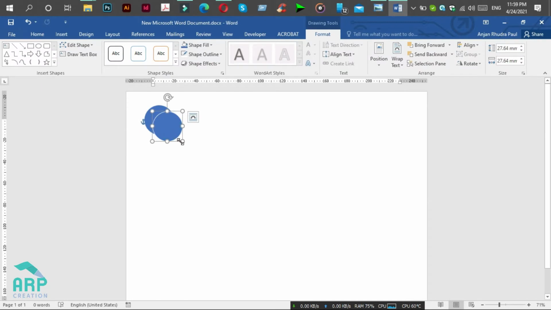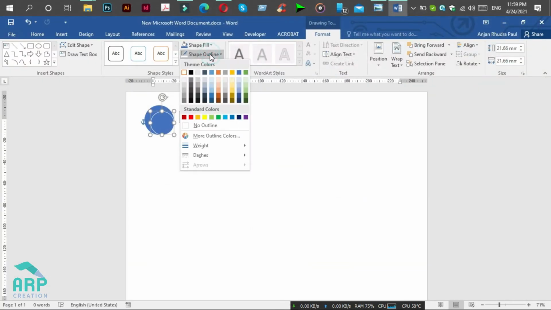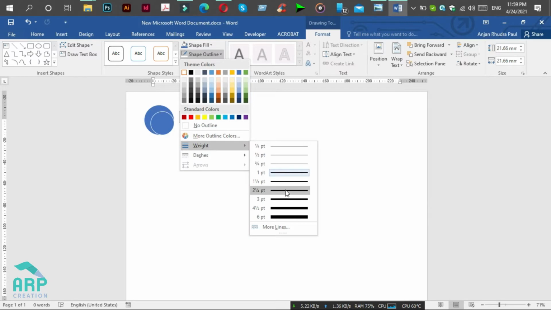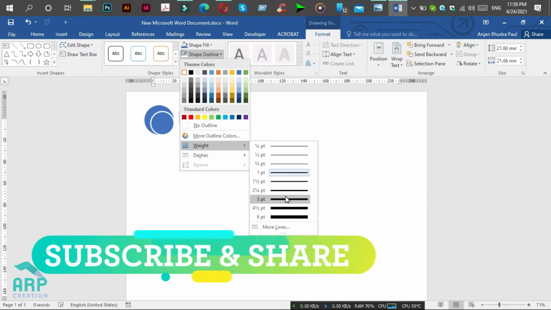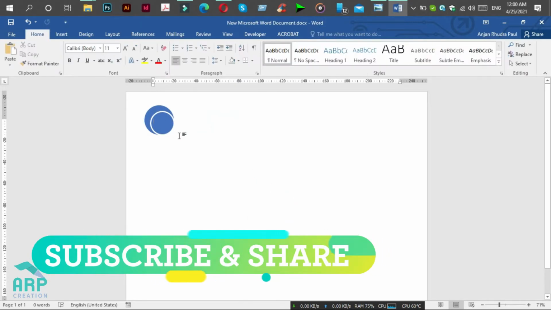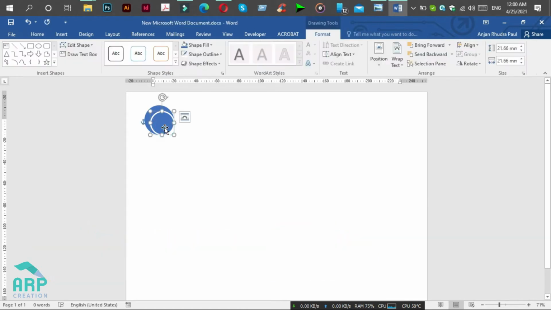Now we will reduce the circle size and change the shape outline to white, 3 point. Now we will group these two shapes.